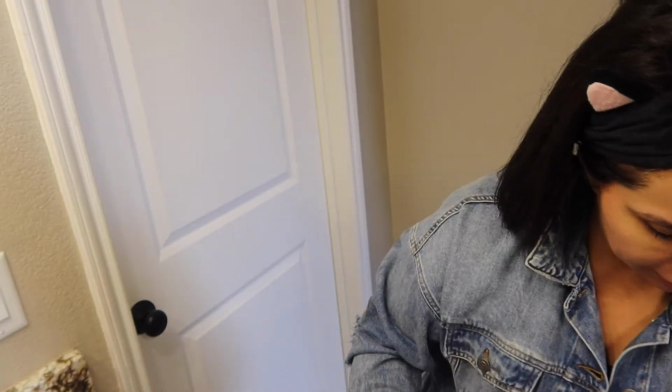The second step after I'm done cleansing is the toner. This is my absolute favorite toner. What it does is it helps close your pores and helps absorb all of the products that we're about to put on easily. And it also helps with any kind of problematic skin, helps dry out anything that you might have. But I just basically very lightly, no pressure at all, in circular motions,